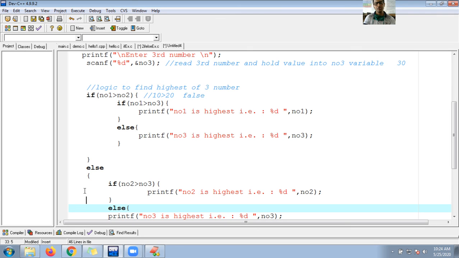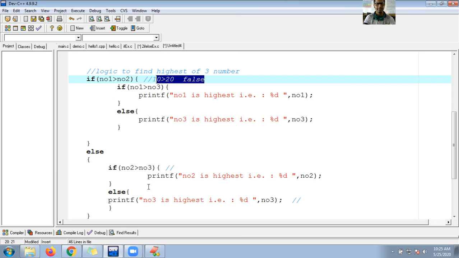So the else of this inner if will execute, and the output will be: number 3 is highest. This line of code will execute, guys. This is case 1. I hope case 1 is clear.